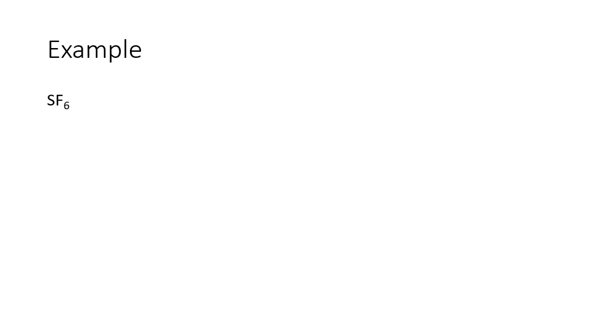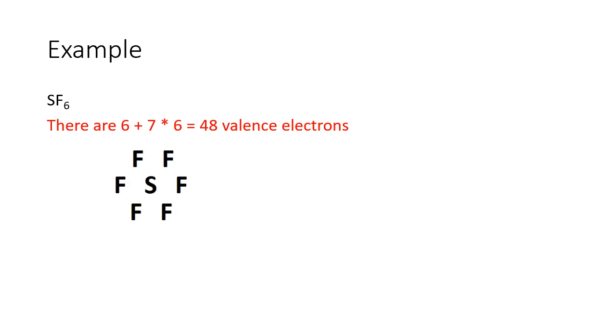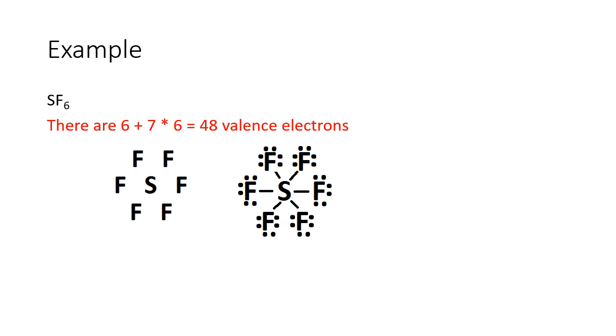All right, SF6. This is an actual compound that really exists. So if we follow our rules for making Lewis structures, we put the sulfur in the middle, we put fluorines all the way around the outside. We have 6 plus 7 times 6, 48 valence electrons. All right, so we put in our single bonds, we fill our octets,